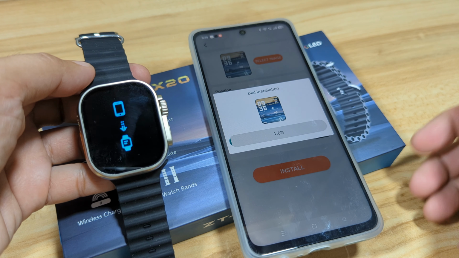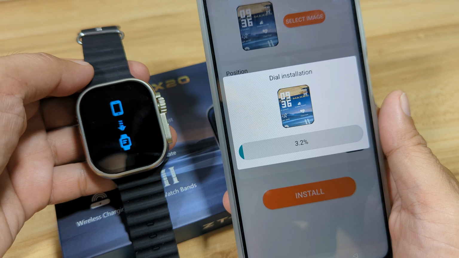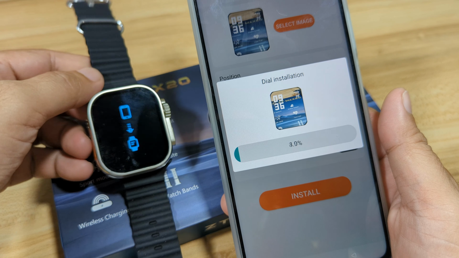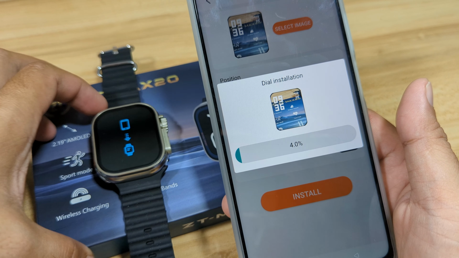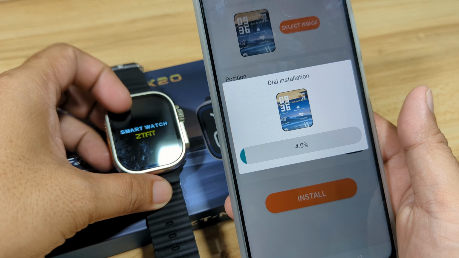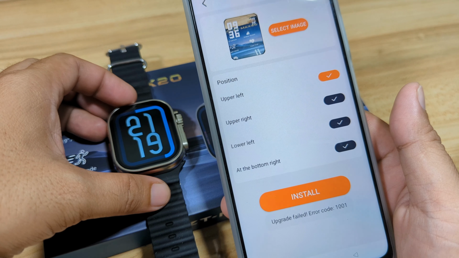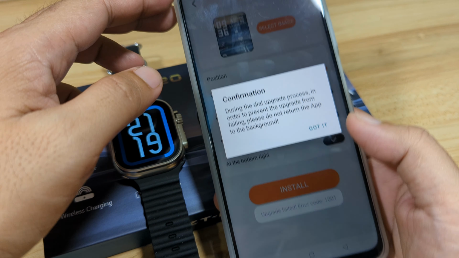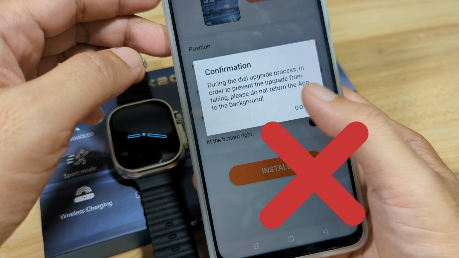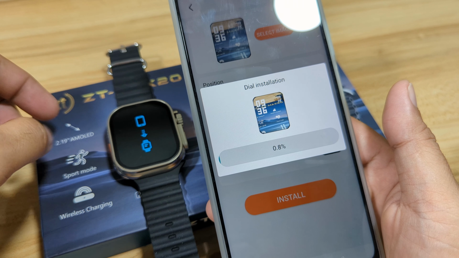Hopefully this will be successful, or hopefully we can download the custom watch face to our smartwatch. I'm disappointed with the dial section, the gallery. It's very hard. As you can see, our smartwatch restarted again. Failed. Last one. If this will not continue, we will stop the demo.